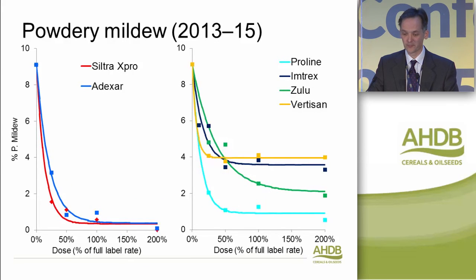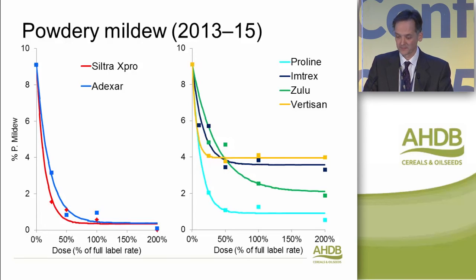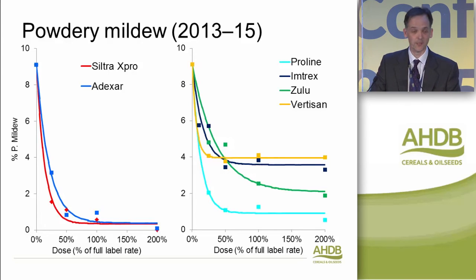We've also had a little bit of information on powdery mildew in the last few years. Oddly, this isn't, as sometimes occurs, actually from the powdery mildew trial, which would have had a load of specific powdery mildew-icides in there. It's actually looking at the mainstream product. But that's quite interesting because it gives us a bit of information on just what those mainstream products will do. And actually, where mildews are concerned, Proline in itself is very useful. Even a quarter or a half dose of prothioconazole will significantly reduce the amount of mildew that we have.